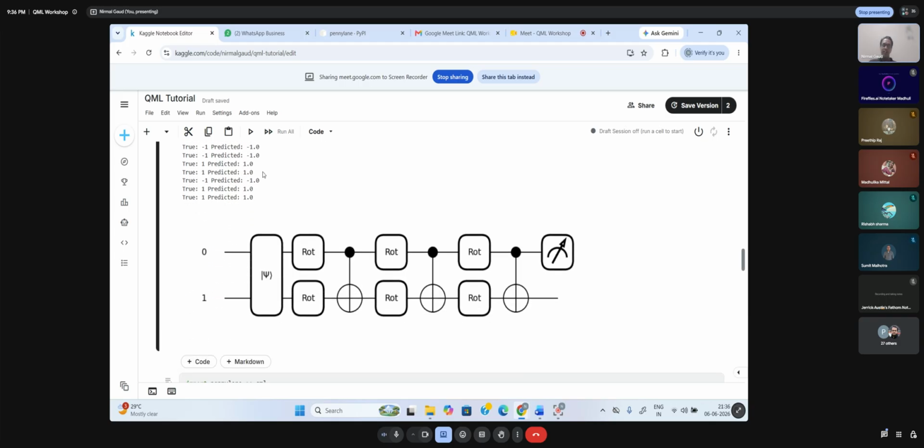And that's the circuit which you have prepared. Two input. Last time you took four input. Now you are having two input. 0 and 1. Superposition, rotational. How many layers? Three layers, I guess. If you remember. Three layers are there. Layer number 1, layer number 2, layer number 3. Okay, got it. We have defined the three layers.